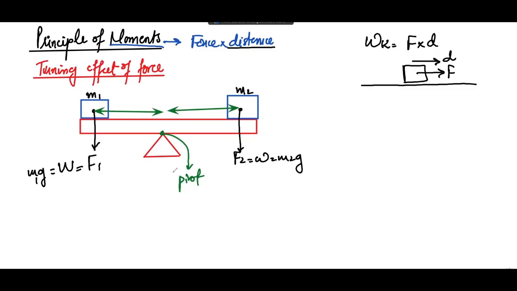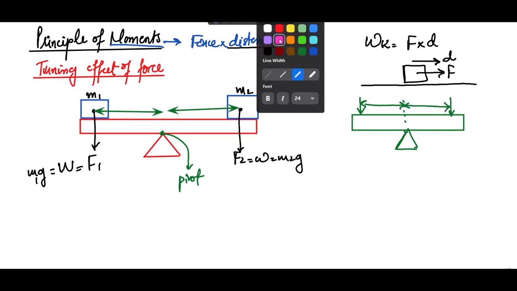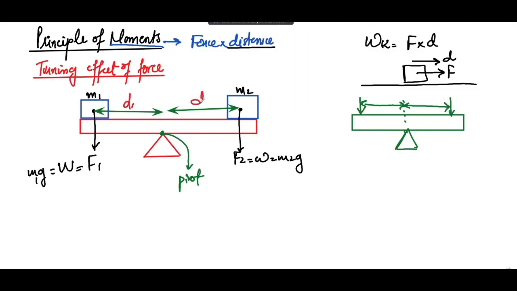Or if it's a simple action of a force, for example, then this could have been like this. A pivot system like this and a force acting like this. Then this would be from the point of action of force to the pivot, similarly from this point to this point. So these are their respective distances. So this will be labeled as D1 and this will be labeled as D2. So if the examiner says that this rod is balanced or is in equilibrium,